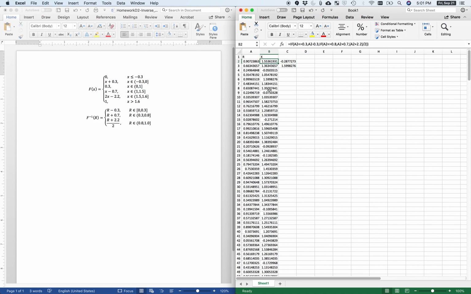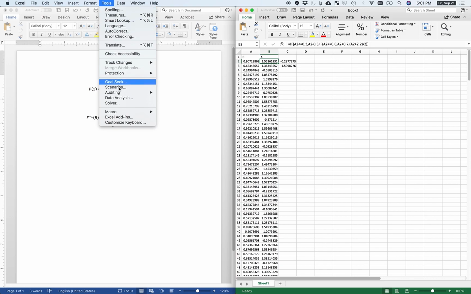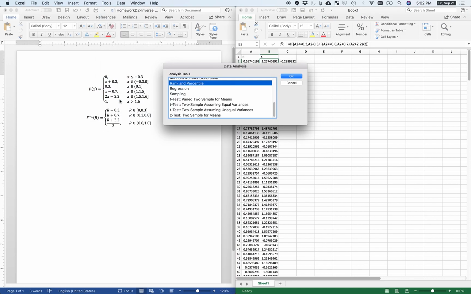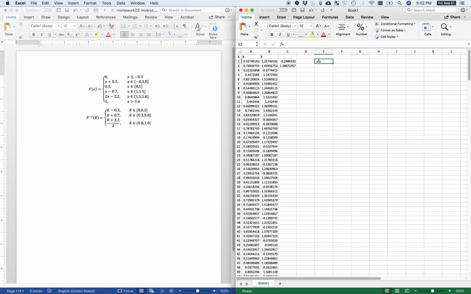But how do I then take the histogram of this? Well, on the homework, I've given you all sorts of help on how to generate histograms in Excel. If you want to be adventurous, you can go under, I think, Tools and Data Analysis, and they actually have a histogram tool that you can play with to generate a histogram. You can also use, if you generate your own bins, the frequency function. So here's the frequency: data array, bins array. If you look up how to use frequency in Excel, you basically can define your own bins, or bin barriers,